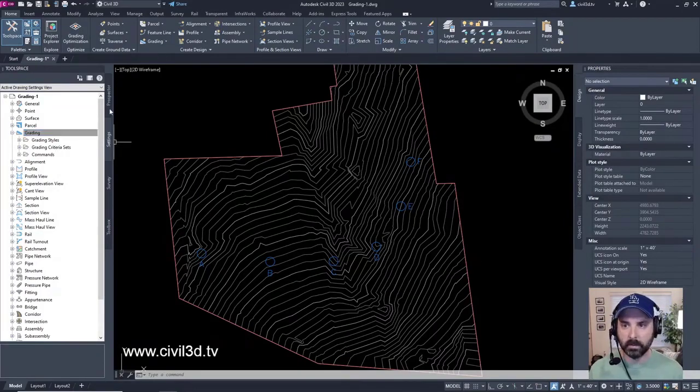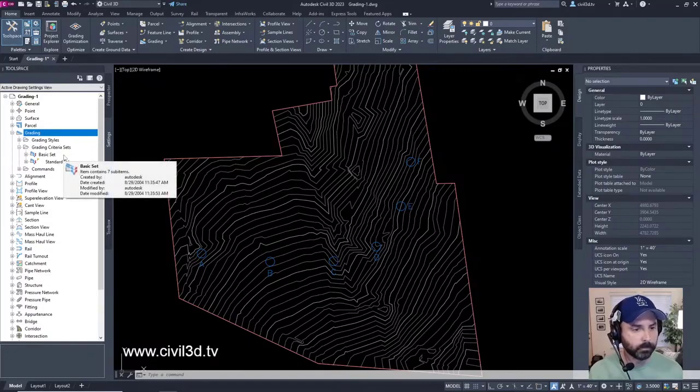In the tool space, go to the settings tab once again, expand the grading collection. And then you'll see right here we have the grading criteria sets. Let's expand this. Now this is where you'll create a new grading criteria set, then create 2 new criteria within a new set.